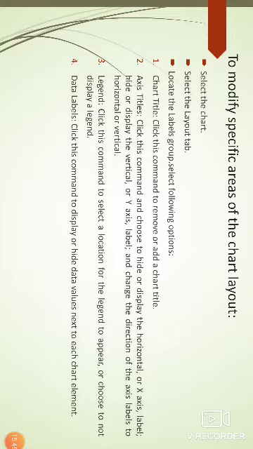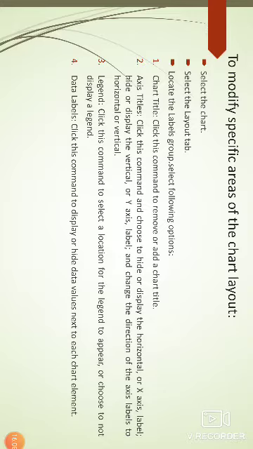Here I want to change the chart title. In the Labels group, I'm selecting Chart Title. Click this command to remove or add a chart title. To add a chart title, click on Chart Title. If you want to remove it, click on Chart Title again.